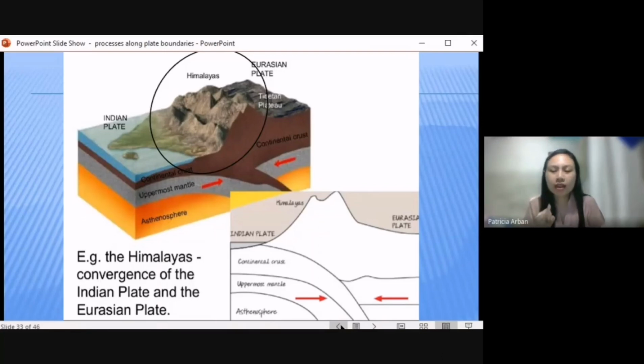And the second one is oceanic convergence. Same lang nung una natin, oceanic continental. Ang naiba lang ay yung oceanic or yung volcanic island arc. Okay? And then the last one we have here, the convergence of two continental plates. Okay, naiiba. There is no subduction. There is no formation of trench. There is only the formation of mountains or folded mountains. Okay? So, ayan. Now, let's proceed to